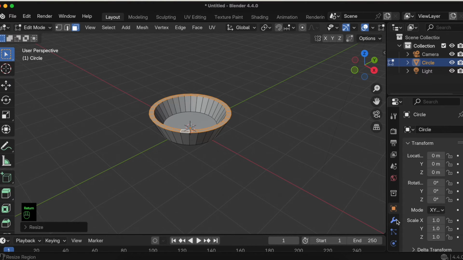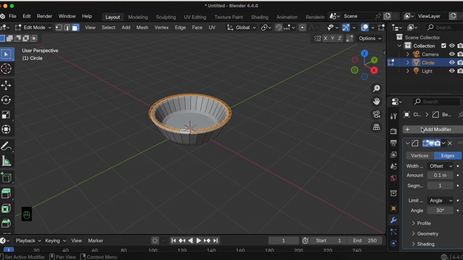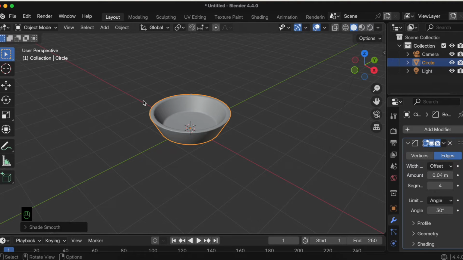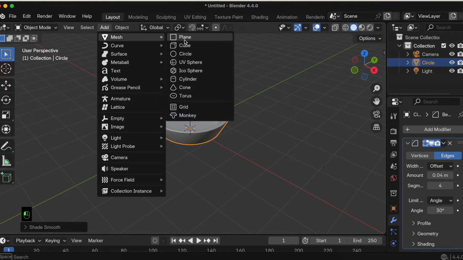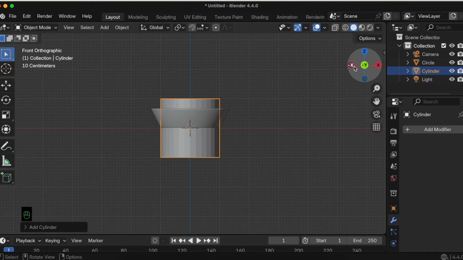Then we'll add a bevel modifier and change the segments to maybe 4 and the amount to 0.04, then go to object mode, right click, shade smooth. Then we'll add a cylinder: Add, Mesh, Cylinder. Then let's click the minus Y axis,